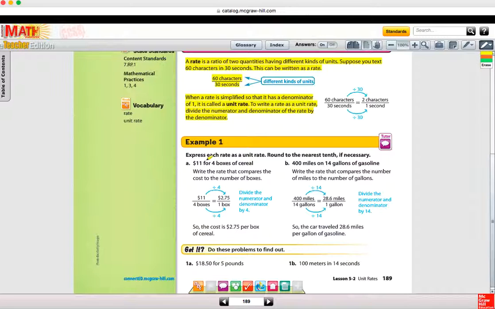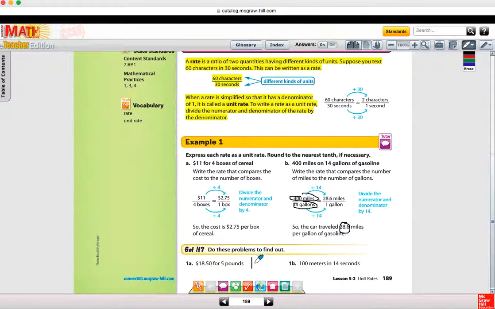So how many miles can you go on 1 gallon of gas? Notice here that they divided by 14, the denominator, on both the numerator and the denominator, and you get that the car traveled 28.6 miles per 1 gallon. So the got it section,